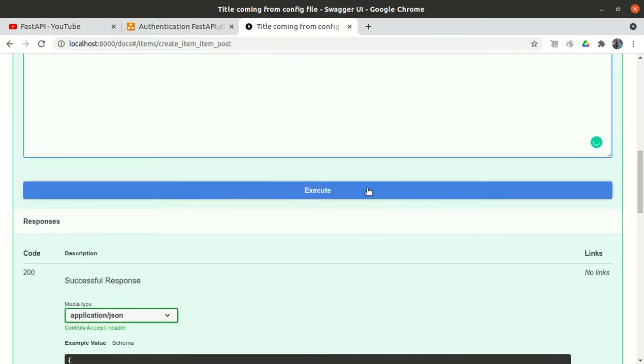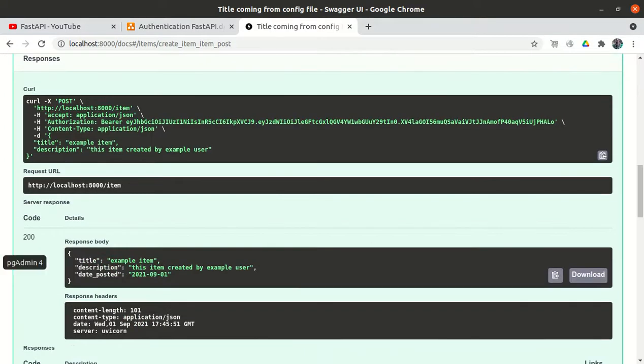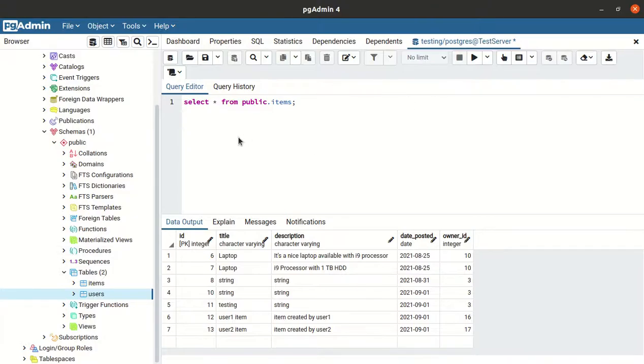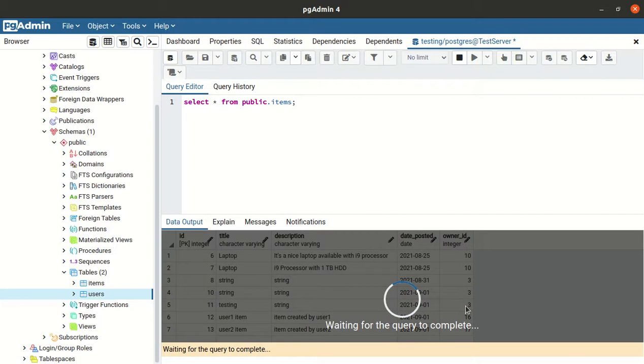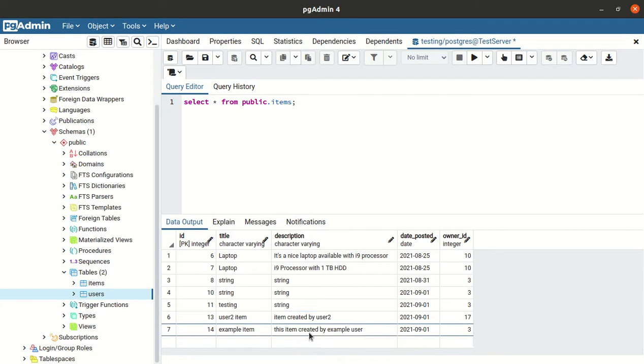If I execute it, the item got created, and if I go to the database and execute the query, the query is running. So now where is the example item here, and by default the owner ID is giving us 3, but if I go to the users,